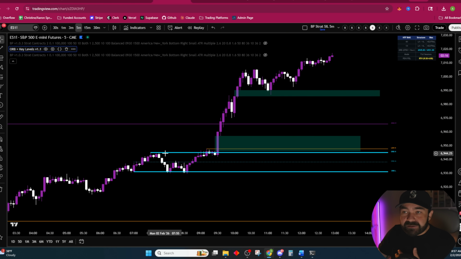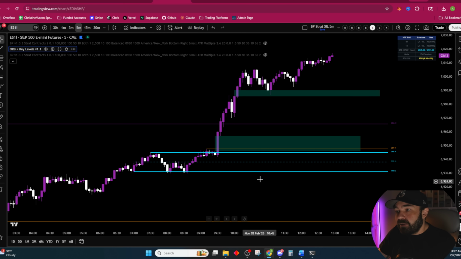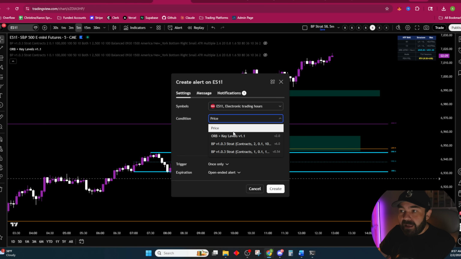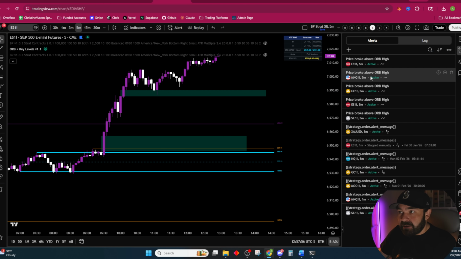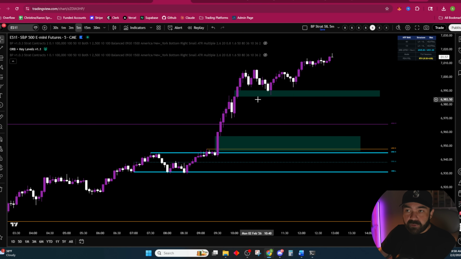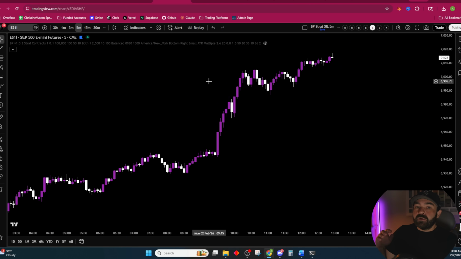This is the high. So now you have this set to 7 a.m. 1 hour opening range. You click alert, you add this. You've now changed again all of your other tickers within the same panel, MNQ and silver, to match this ES 1 hour, 7 a.m. range you just set. So here's what you have to do if you want one indicator or strategy on multiple tickers with their own